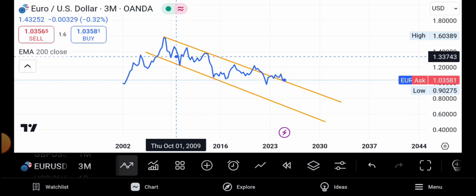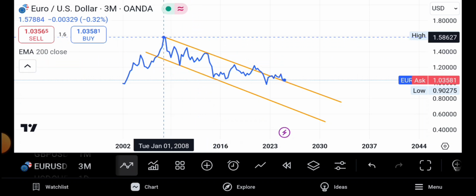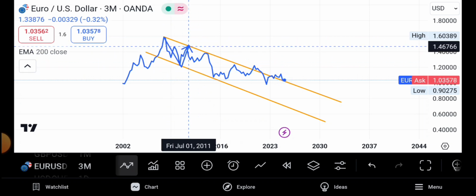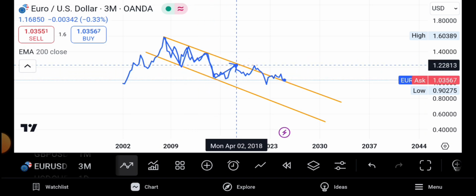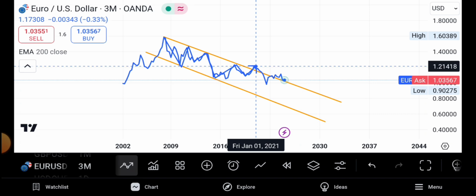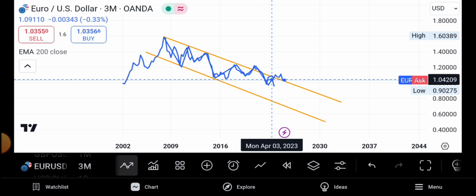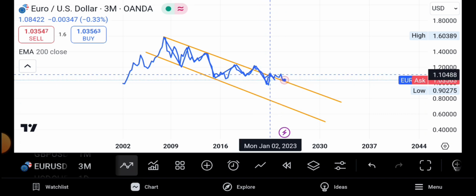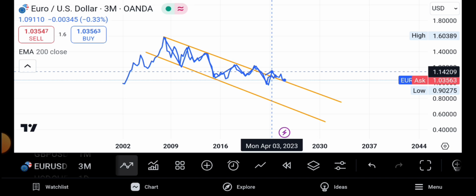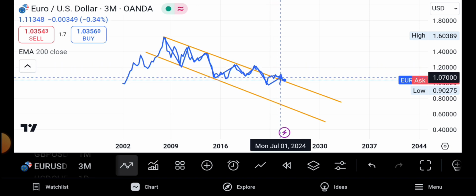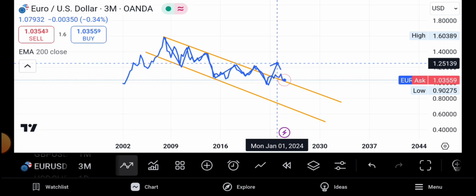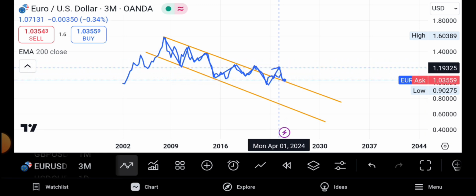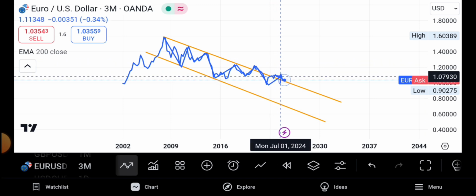If you can notice, the market was trading in between this channel. Can you see? It was trading between the channel, and at this point the price action broke this channel to the upside. This is the first indication that we might go long. But I'm not saying that we are going long. It's just a sign. We might go upward.